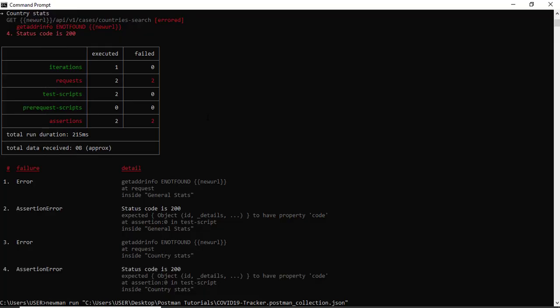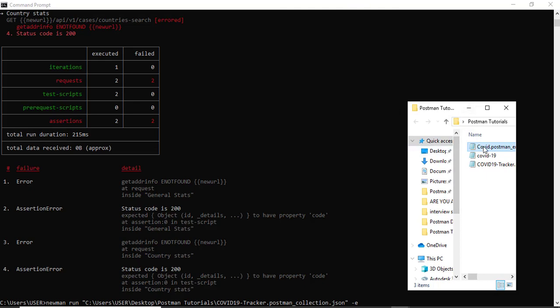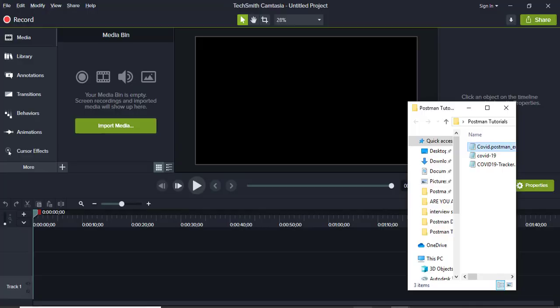That's very easy. So I will just mention -e space, and I will give the path of this environment. So just drag and drop, not here, just a second.